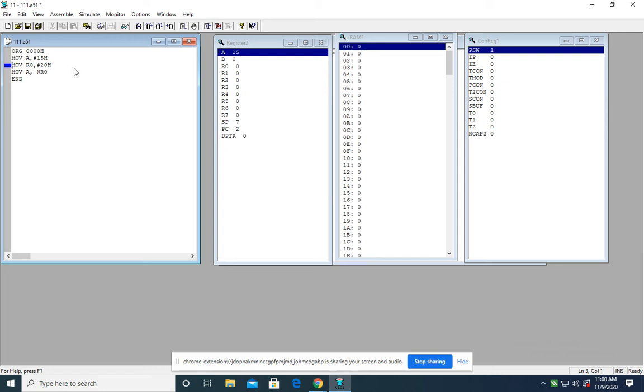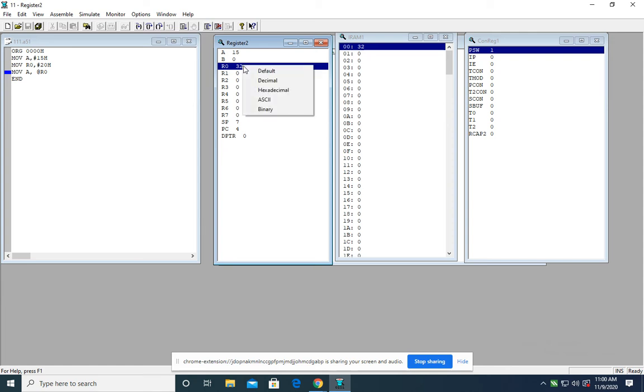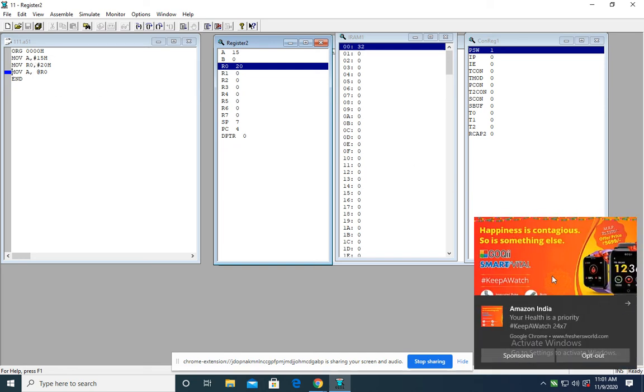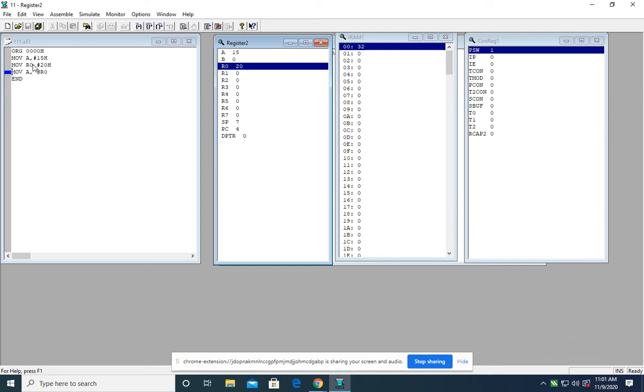Okay, after again going for debugging, this particular R0 register is loaded with 20H. Now here hexadecimal value is given, here decimal value is listed. So you have to right click on it and you can make it hexadecimal. So here 20H is copied, stored into R0 register. This is my memory location. So I have used pointer R0, okay, for pointing out my memory location, which is the destination of this